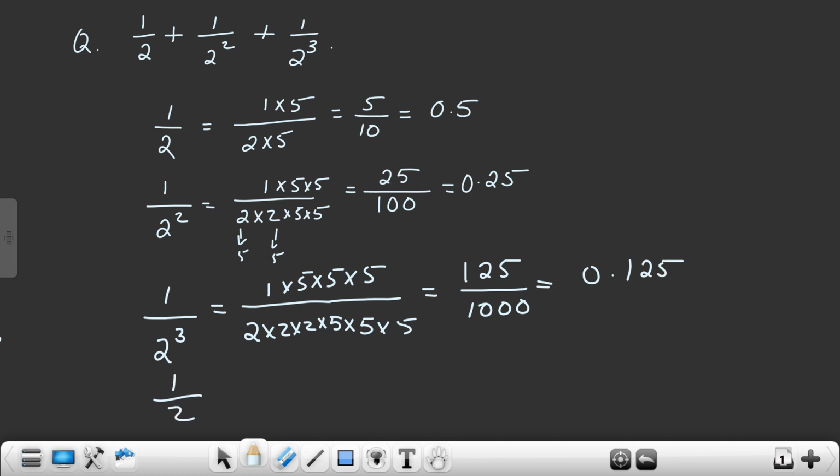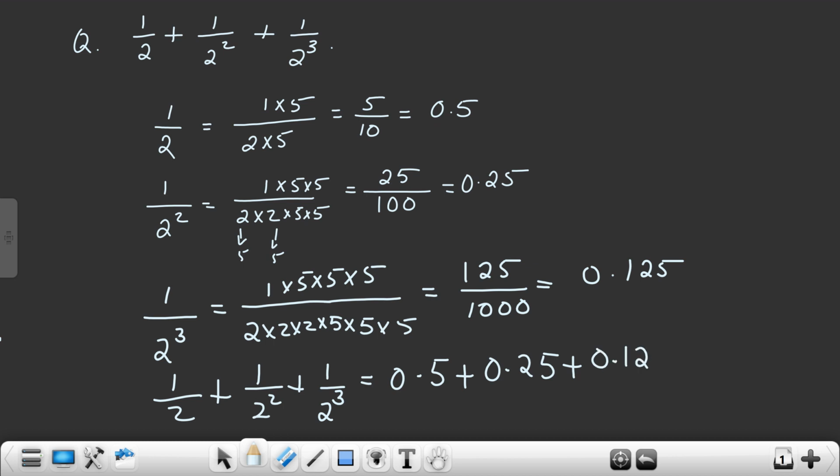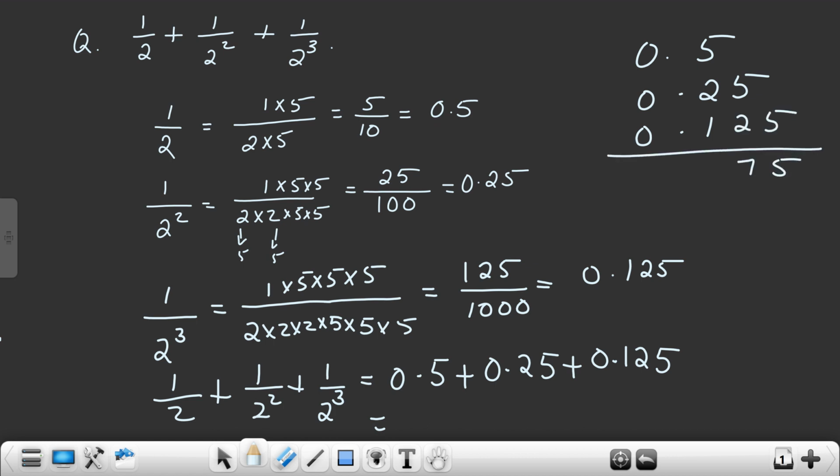Now once again write the question, 1 by 2 plus 1 by 2 square plus 1 by 2 cube is equal to 1 by 2 is 0.5 plus 0.25 plus 0.125. Corresponding decimal addition: 0.5, 0.25, 0.125, gives 5, 7, 8. Corresponding decimal number is